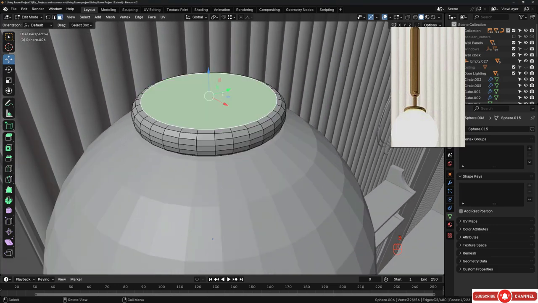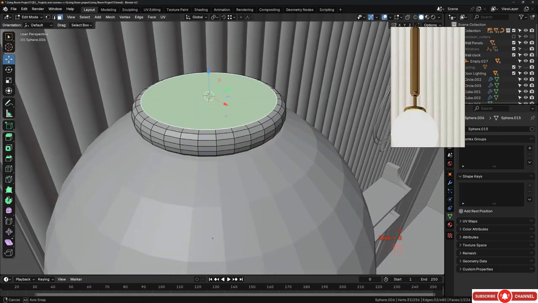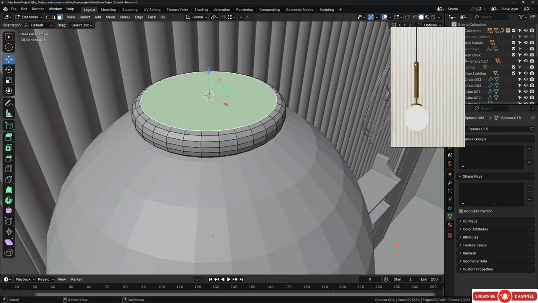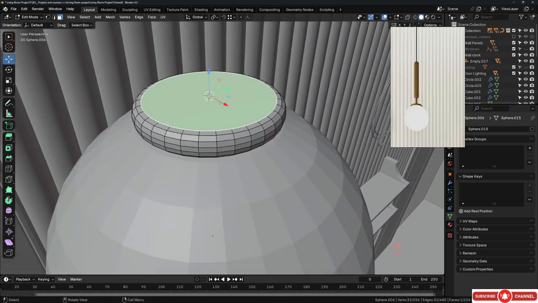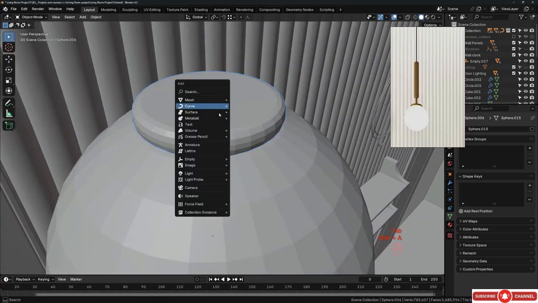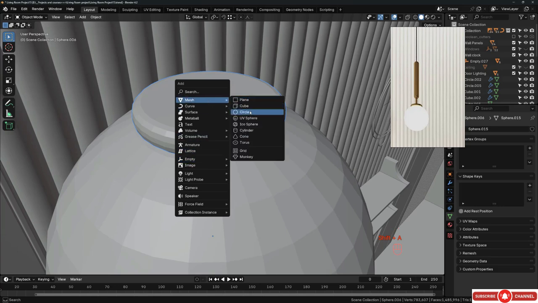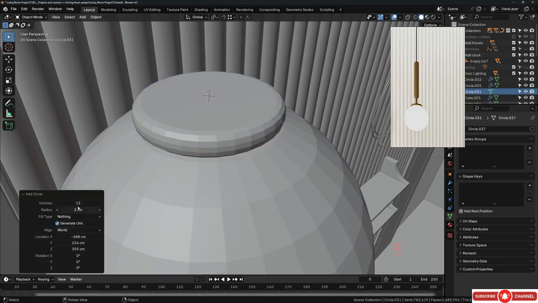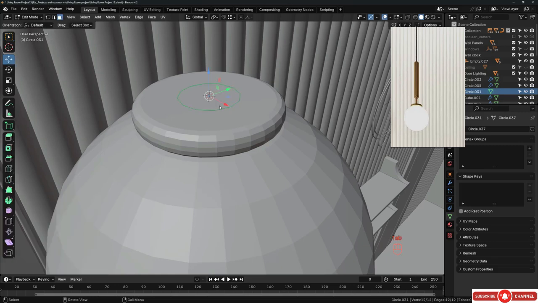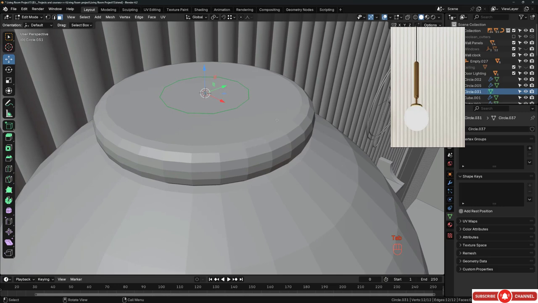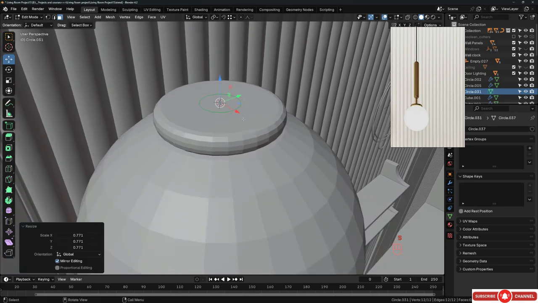Alright, now I will select this face and bring the 3D cursor over here so we can create this arm. Shift A to add, and let's add a circle, and you can manipulate the size and the radius. You can add 2 here to change the radius. And now I will Tab, and maybe we can make this a little bit smaller like that, and then hit